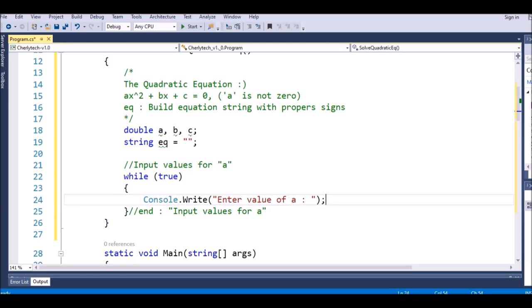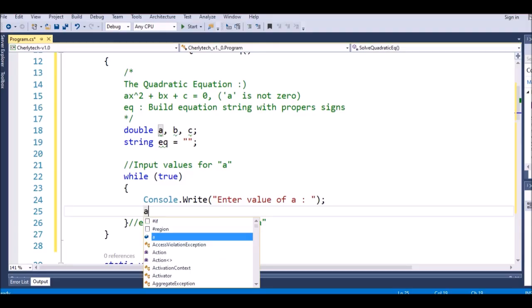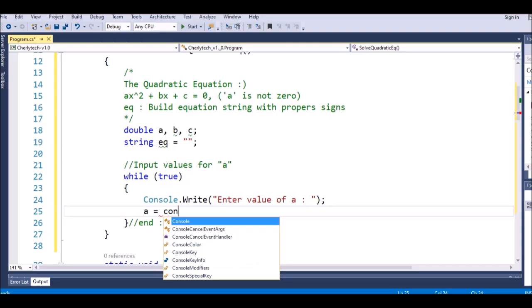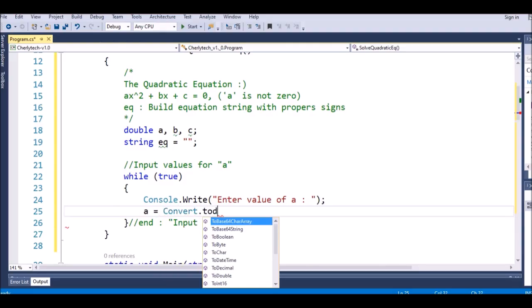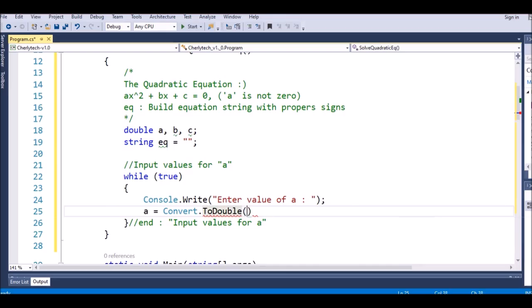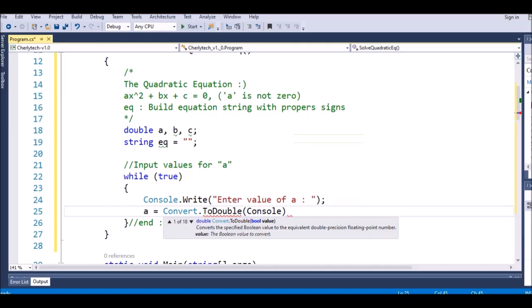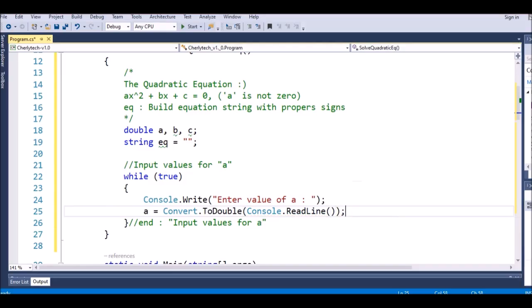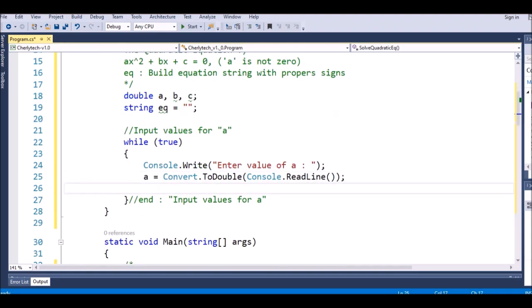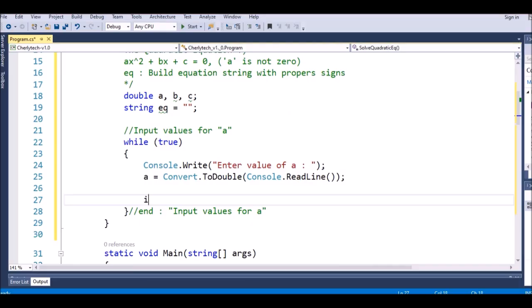And after that, we have to get the value from the user. So I say a equal convert dot to a double, like this, and we say console dot read line, this one. So now we get the value, and then we have to separate whether the value is 0 or not. So we use an if statement, a equal 0, then we will say